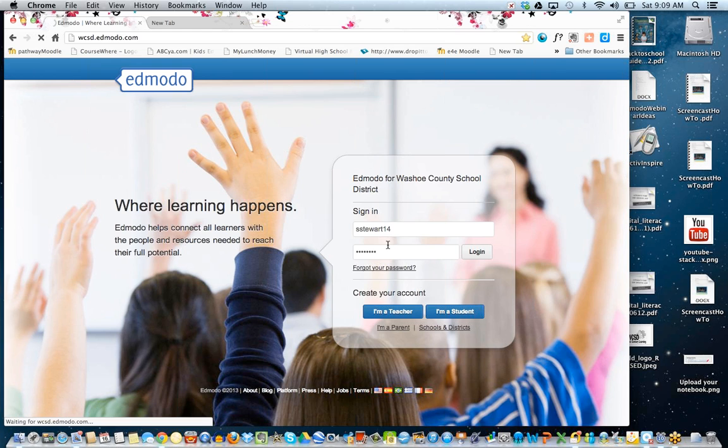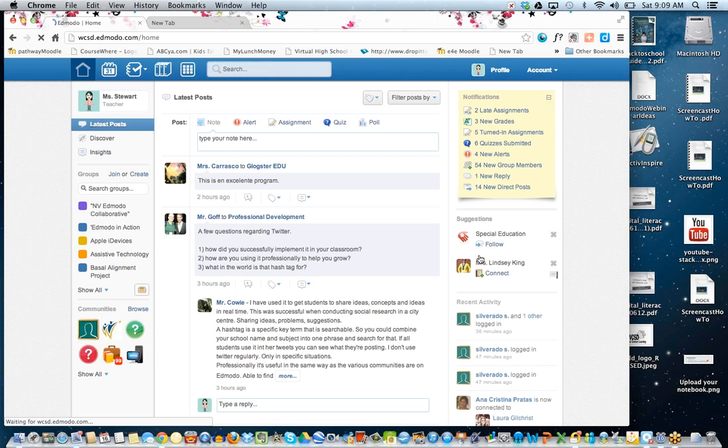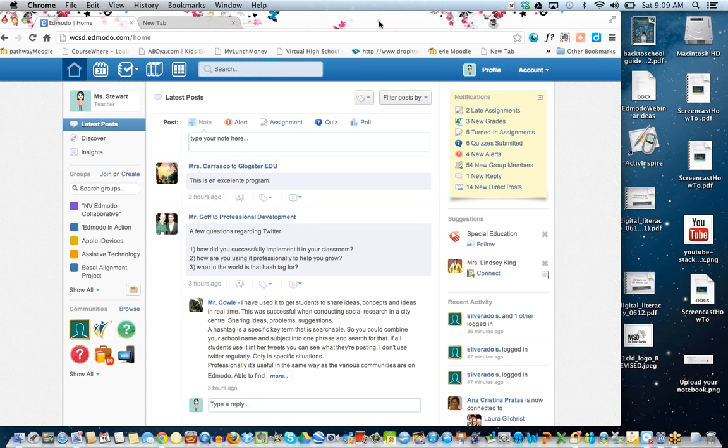the back end of Edmodo, which has an apps section. So you hear about apps in the iTunes Store. There's a Chrome App Store. All these different applications or software now have apps built into the back end, and it's fairly new with Edmodo, so you may not have even noticed that it existed.